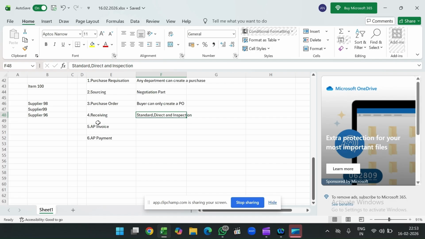Once the inspection is done, there itself we can approve or reject. If the product is damaged, or if the product is not there as per our quantity, then we can return the material to the supplier. So for that purpose we are choosing this inspection. This is how the receiving transaction will take place. So once we receive into the designated sub inventory,